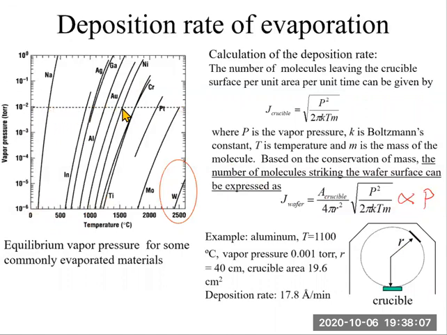So we can consider this as a threshold vapor pressure. In order to achieve a reasonable deposition rate, the vapor pressure of the material to be deposited needs to be greater than 0.01 torr. And then we can see that for aluminum, gold, nickel, chrome, titanium, they can reach